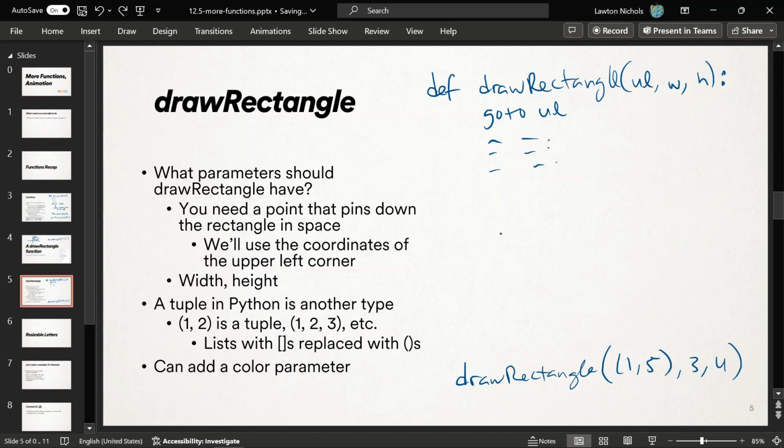You just tell the turtle to go to that coordinate, that UL coordinate, and then turn right, and go forward by the width. That would draw this end, and then turn right 90 degrees, go forward by the height, turn right 90 degrees, go forward by the width again, turn right 90 degrees, go forward by the height again. And that would draw that arbitrary rectangle, that generic rectangle that somebody told you to draw,